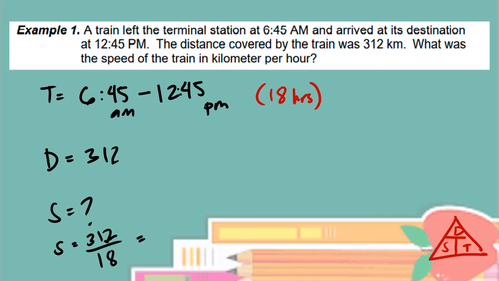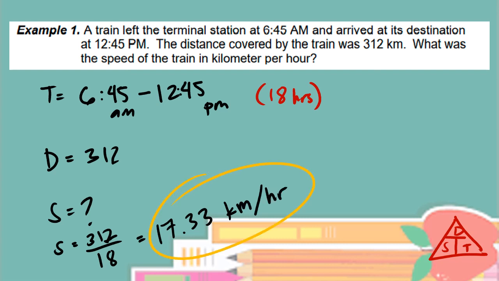And that's gonna be 17.33. The unit is kilometer per hour. This is the answer. Okay. Next,